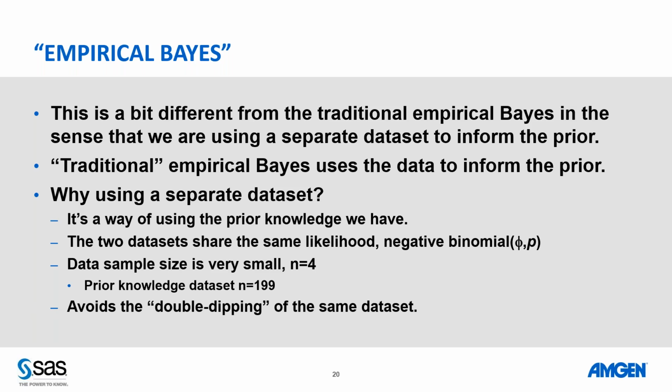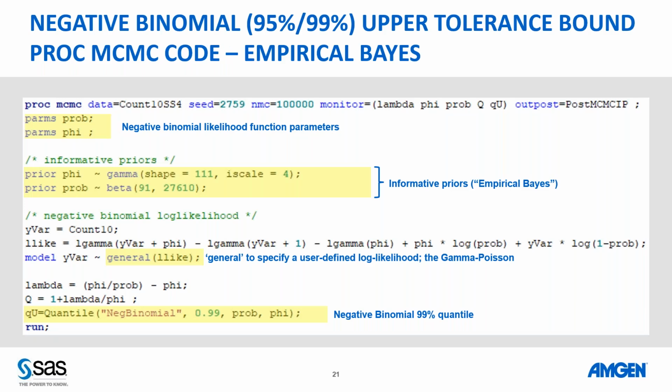And this is, for me, I mean, some of the purists may not agree with me, but this issue of the empirical Bayes using the same data set is, for me, double dipping, because you're using the data set to generate the parameters on the priors, and then you're using the same data set for the Bayesian analysis. So the prior and the data set are connected. And there may be advantages to that. But for me, it's like double dipping in quotes. So that's why we put this empirical Bayes in quotes. But now let's look at the code.